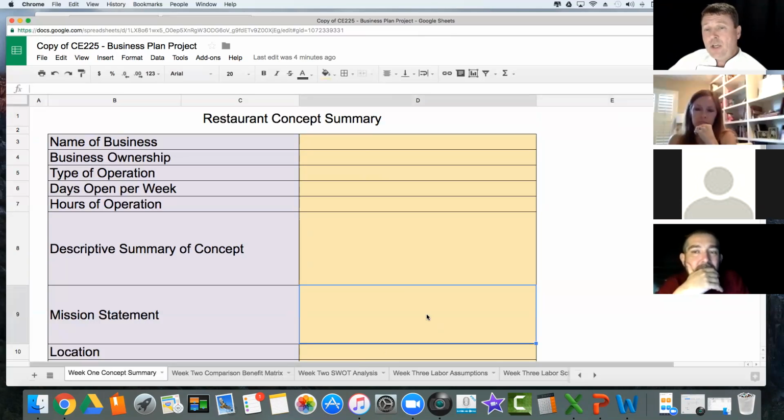The mission statement just has to answer 3 questions. Who are you? What are you doing? And who are you doing it for? You can list A, B, C, 1, 2, 3, or you can make it into a medium-sized paragraph that just explains who you are, what is your target audience, and this is how I'm going to do it. Okay, so the mission statement is a lot shorter. It's like your elevator speech for your concept summary. Okay,